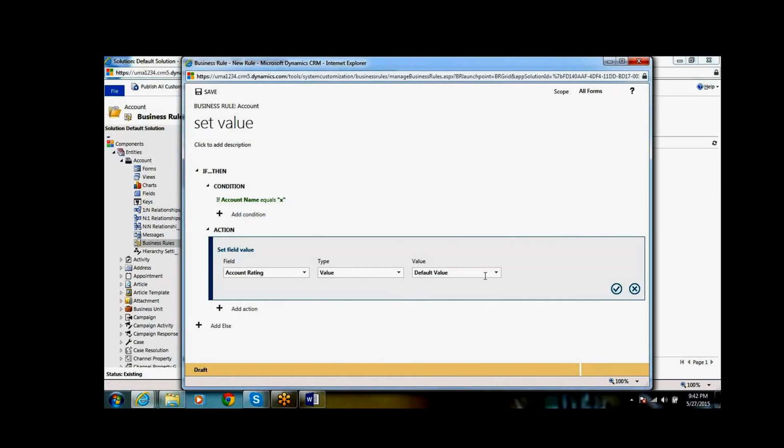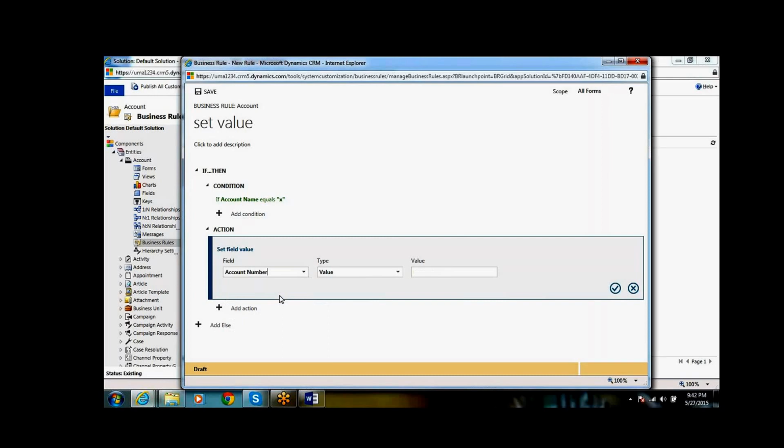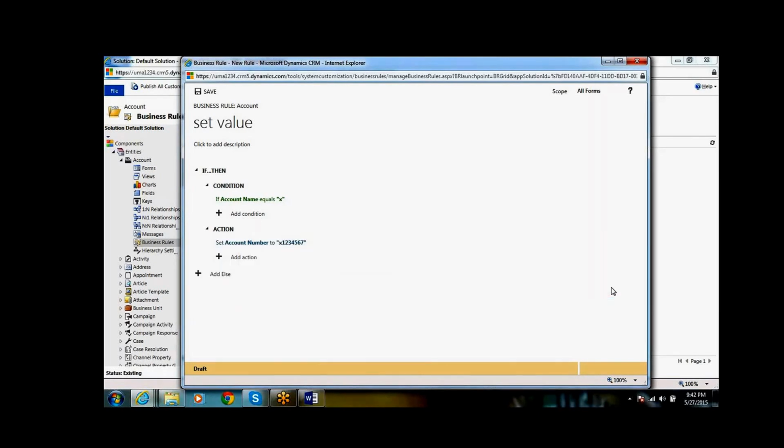If you want to set the default value you can, or we can enter some value. For example, if I take the account number, I am setting the value to some value like 1234567. Okay, and I'm done.